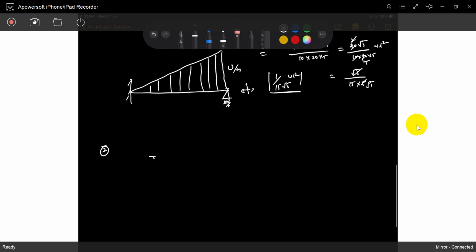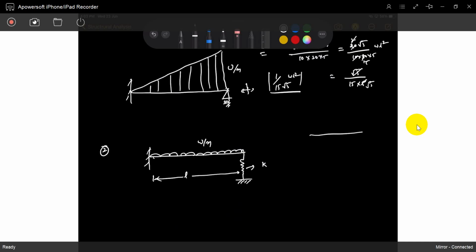See, it has a load, and it has a support, but not a fully rigid support; it has a spring support with a stiffness of K. It is W per meter, with some length. It has some spring support, not a full support. It means the reaction is developed, but deflection also happens. The spring takes some force and also deflects somewhat.